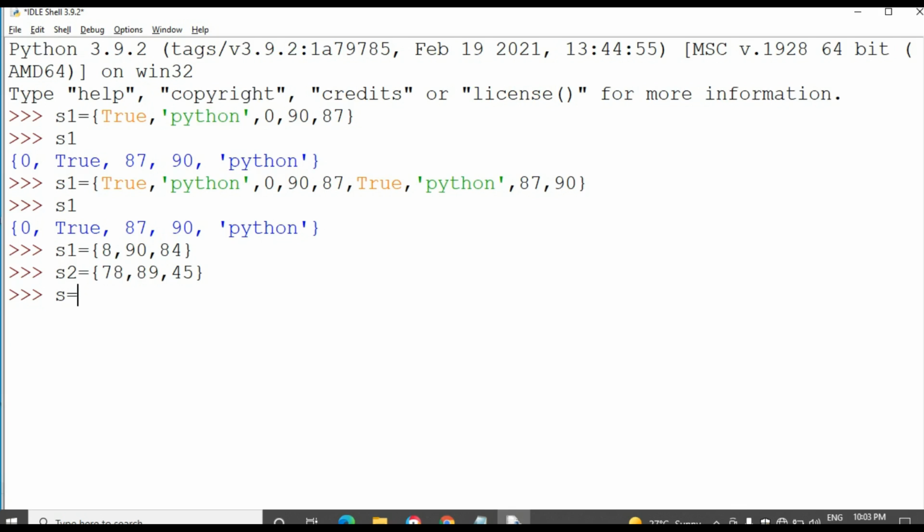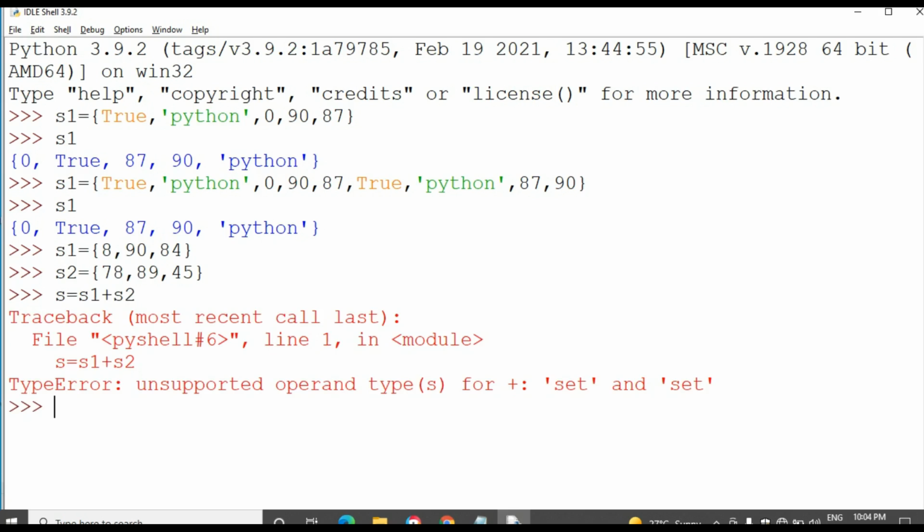I want to perform the concatenation between the two sets. See, it throws an error: unsupported operand type for set.